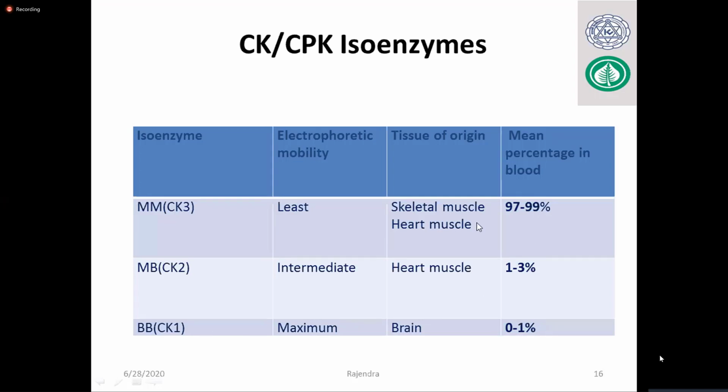BB. That means CPK total is very, very high in this. And if any one of these, either heart muscle or brain or skeletal muscle, is damaged, it will be high again. But here we are talking about the percentage. Suppose we measure all three and for this we get 25%. That means there is a problem in the cardiac muscle. That is how we diagnose cardiac tissue damage or myocardial infarction.